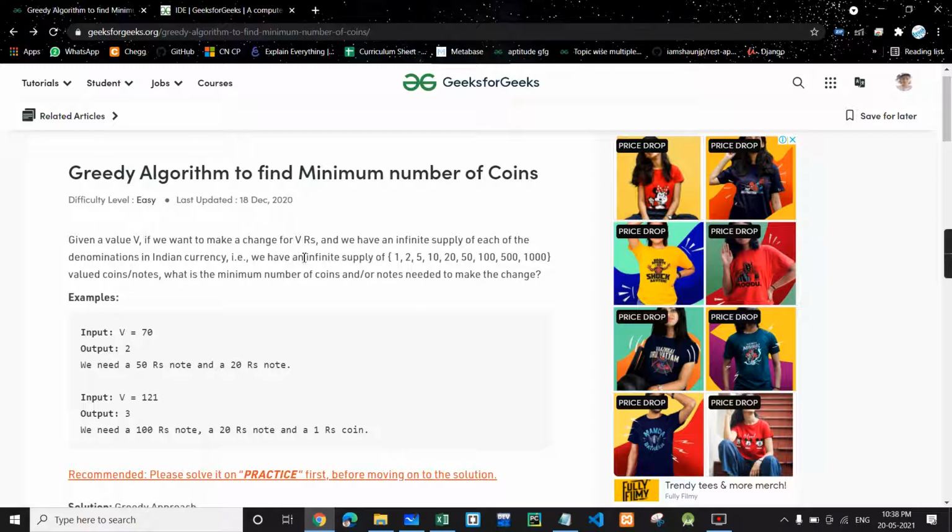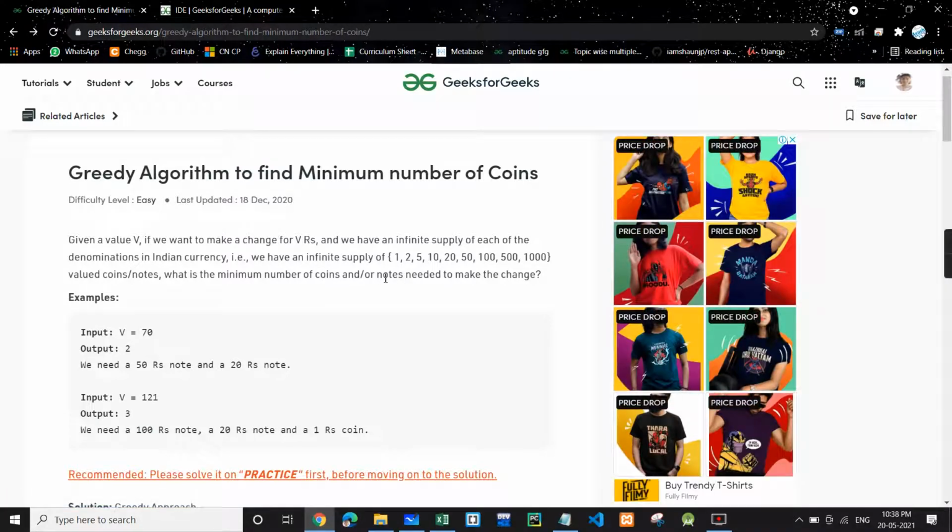And there is an infinite supply, so we can take as many coins of 5 as we want, as many as 50 coins we can take. So what is the minimum number of coins needed to make the change?